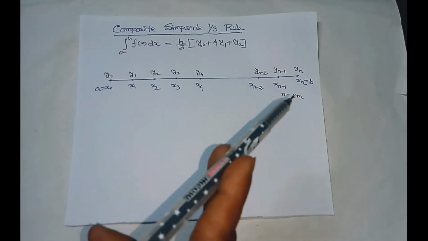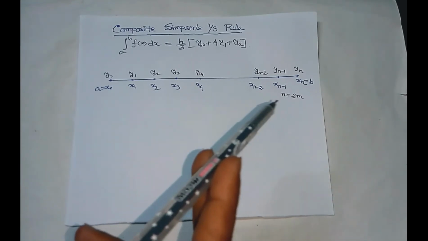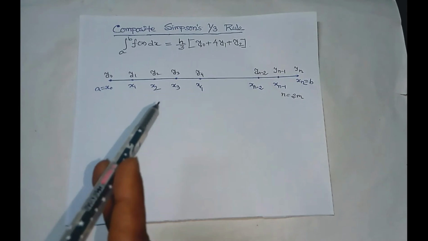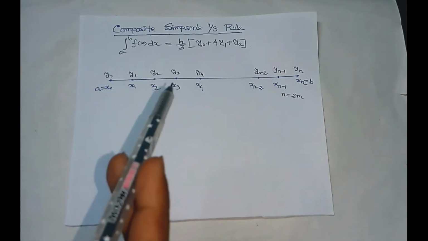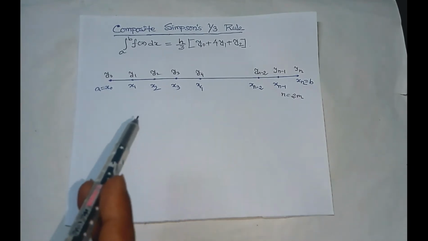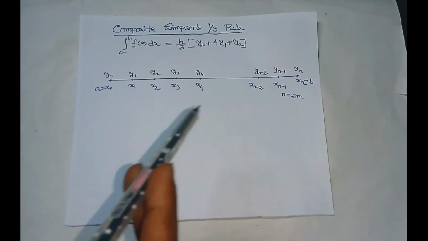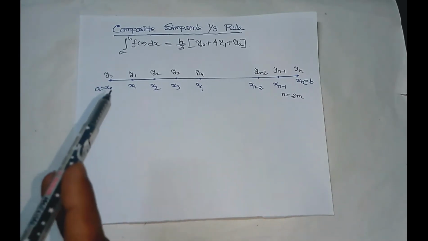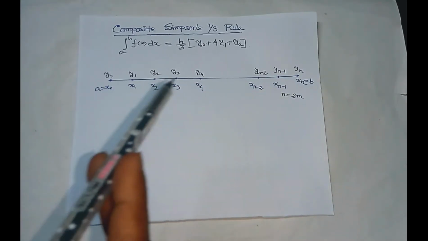And we break the interval a to b by these n plus 1 number of points, namely x0, x1, x2, x3, x4 up to xn. And these points are equidistant, where h is the distance between any two consecutive arguments. Now if we compute the functional values at these arguments, then we get these values y0, y1, y2, y3, y4 up to yn. These are the functional values.